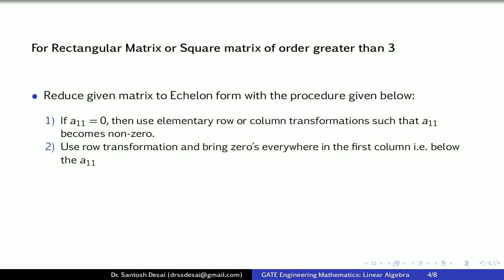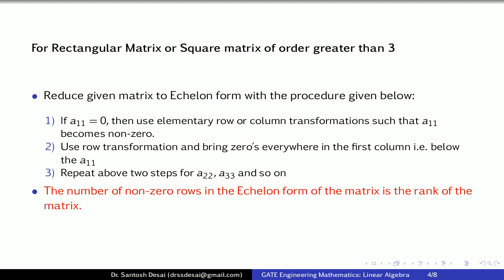You have to use row transformations of the form Ri plus K Rj, and using these you bring 0 everywhere in the first column, and we repeat this procedure for the elements A22, A33 and so on. After completing this, we will get one matrix, and that matrix is called the echelon form of the matrix. Now, the rank of the matrix is nothing but the number of non-zero rows in the echelon form of the matrix.